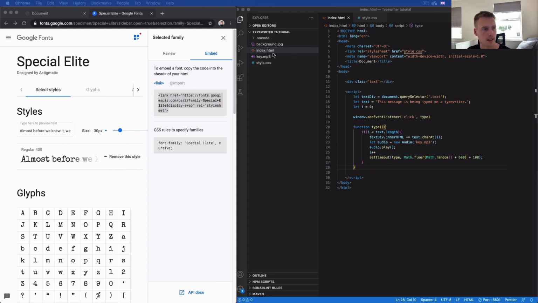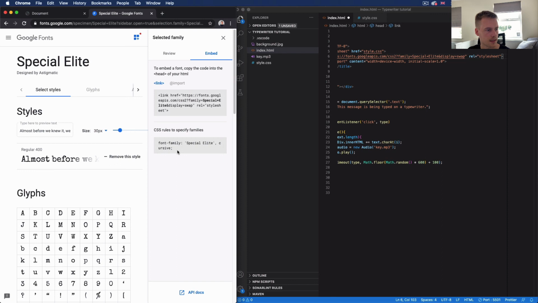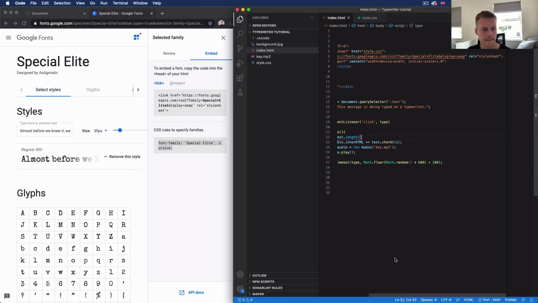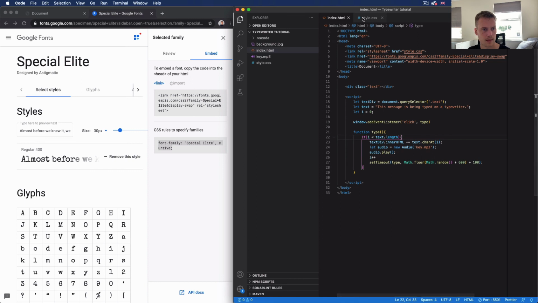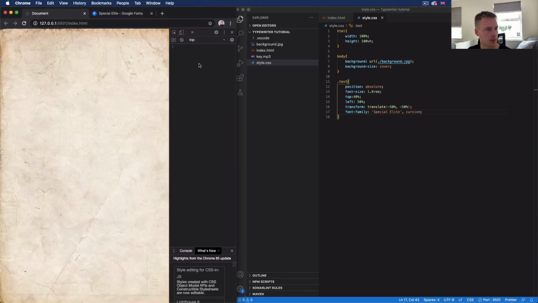And then I'm also going to embed the CSS as well. Oh, what am I doing? Yeah, we'll put that under our style sheet, and then we'll get the CSS. We'll come in here and we'll put the font family in there like so. So now, if we come back to our document,